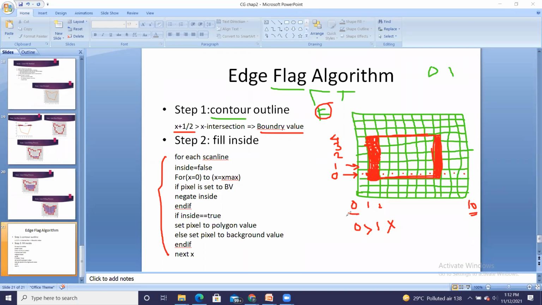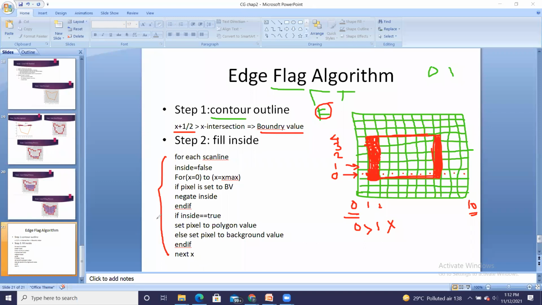So x is ranging from 0 to 10, and the scan line is scan line 0. If the pixel is set to boundary value, BV stands for boundary value. So it will check with x equal to 0 first. Is x equal to 0 a boundary value? No. The boundary value is this red pixel at x equal to 1. So this is not a boundary value, and this if will not get executed.